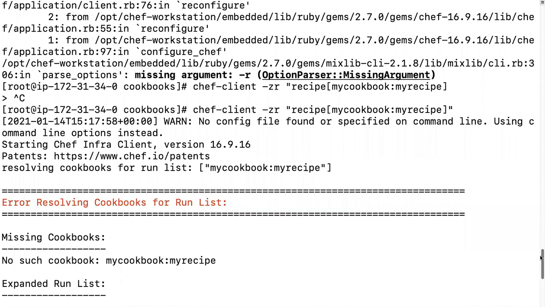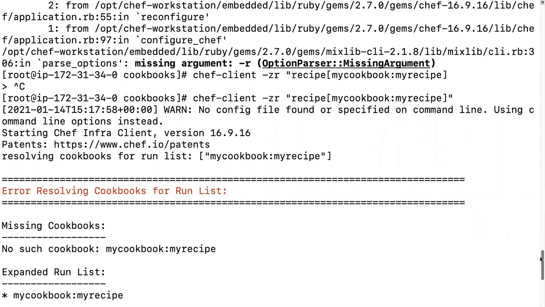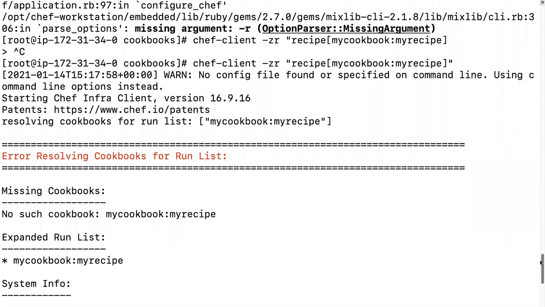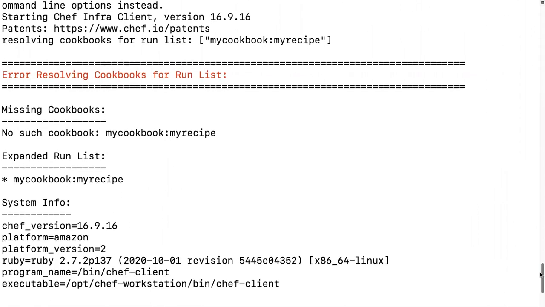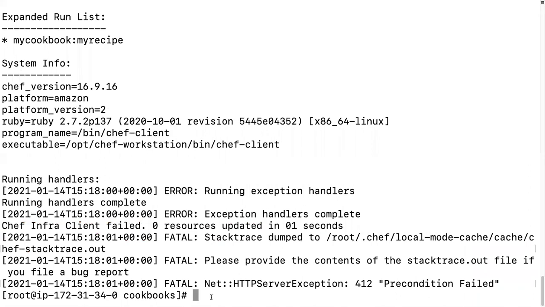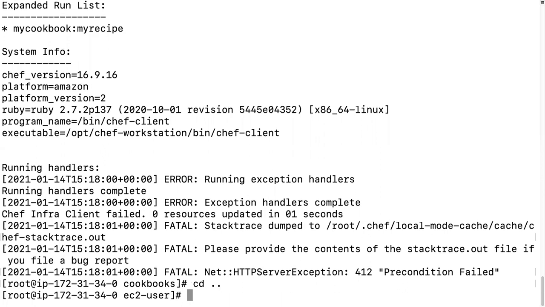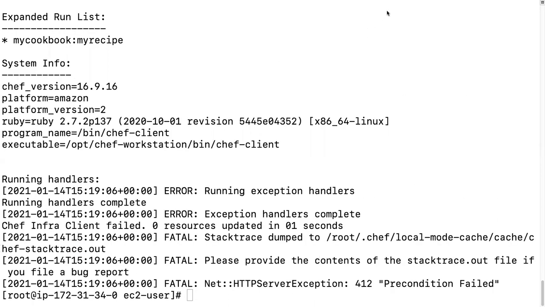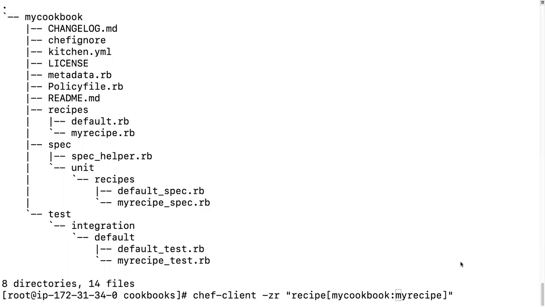Let's check. cd .. and run the command again. I forgot a colon here.